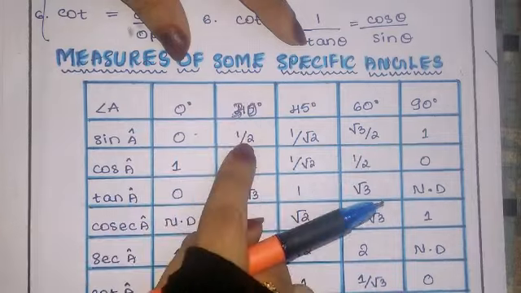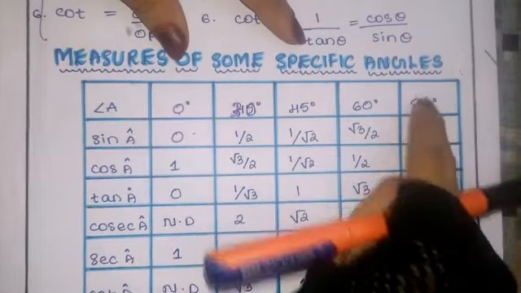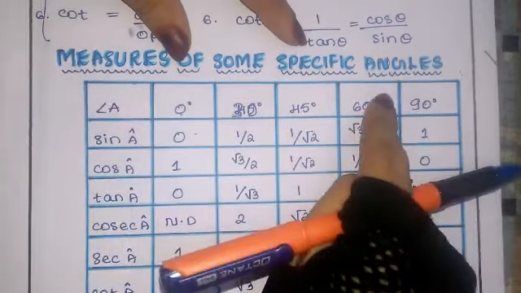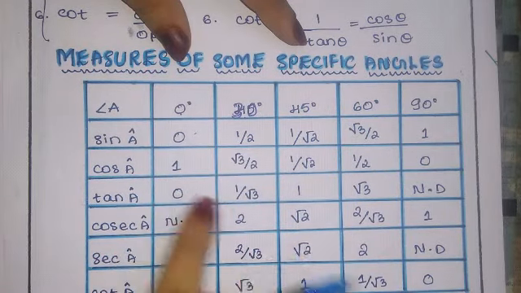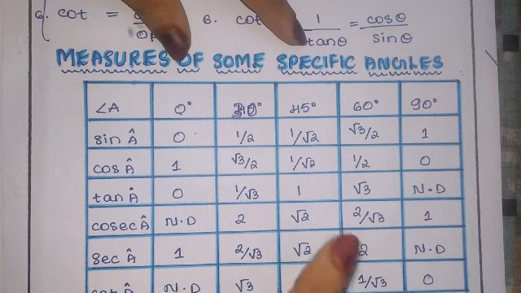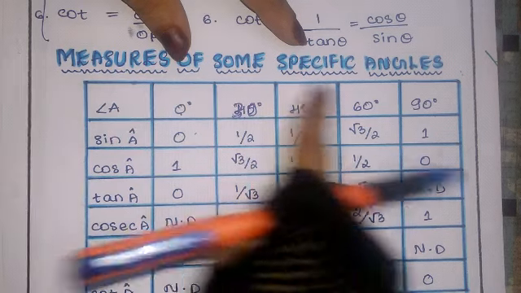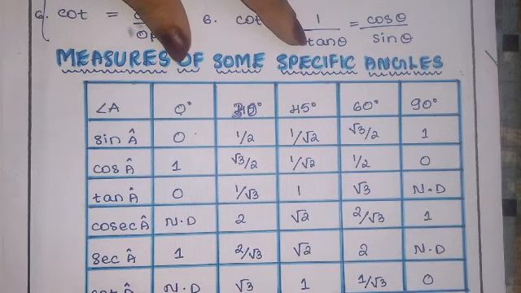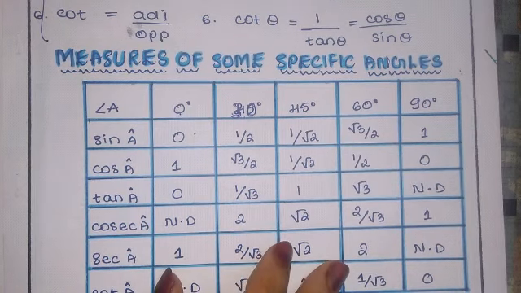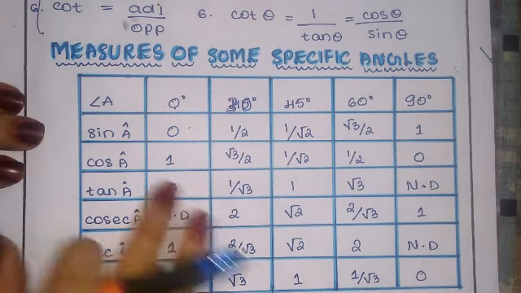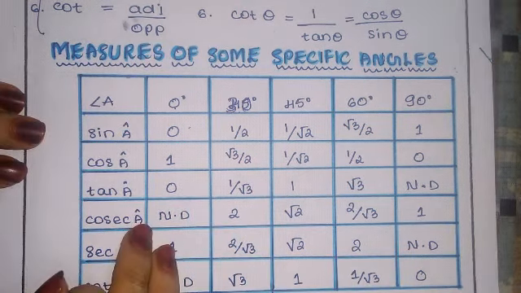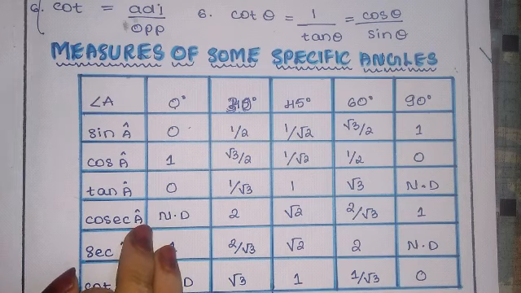That is, sine 30 is nothing but 1 by 2. Sine 90 is 1. Cos 60 is 1 upon 2. Tan 0 is 0. Like that you need to know perfect values based on this table. You should be perfect in this table. So this is the tabulation, which is even there in your textbook. Unless and until you are perfect in these tabulation values, you will not be able to solve the problems